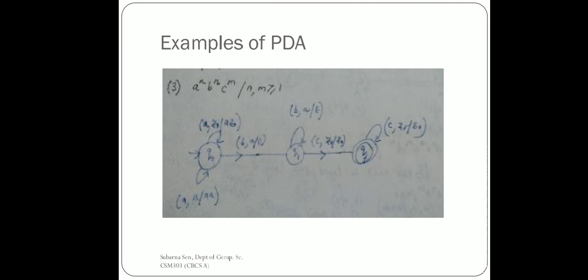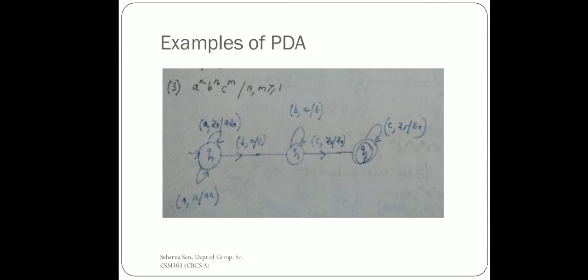In the same fashion, if we see A here and the initial content is Z naught, we will push A. On seeing another A, we will push A. Once we see B, we will pop A and move to the new state. For the number of B's we encounter here, we will keep on popping A and remain on Q1 only. On seeing a C, we will move to another state and stay there. You may get confused about why, while transiting from Q1 to QF, the stack content is Z naught, Z naught. It is because we have already popped all the A's, one for each B, and we have not pushed B onto the stack because there is no need.